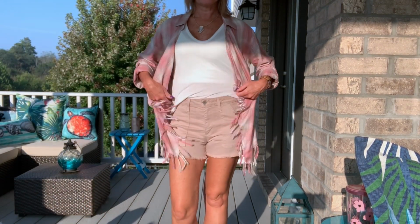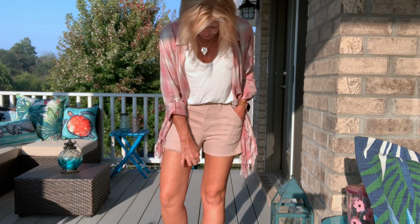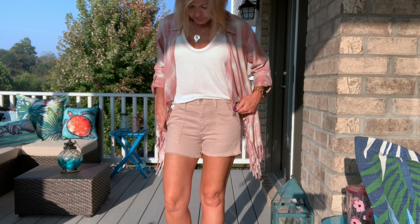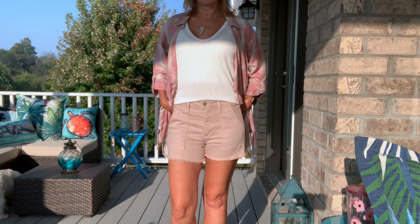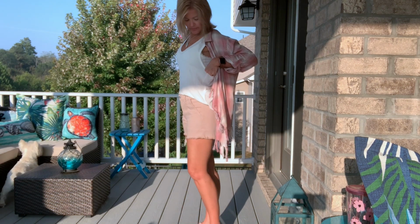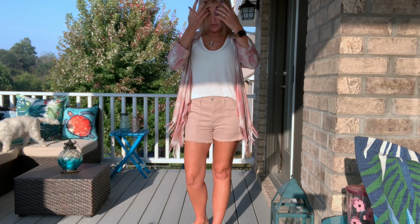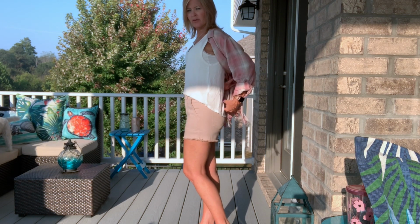So here's the outfit. These shorts are really nice. I actually really like them. I don't think I own any tan shorts. So they have these nice patch pockets. They have the fringe on the bottoms. And then I put it on with the Free People top that came with them. That does have the really wide armholes. So I have on a half cami. You can probably kind of see through it. That's also Free People actually, just so that you can't see anything. I have a front tucked,